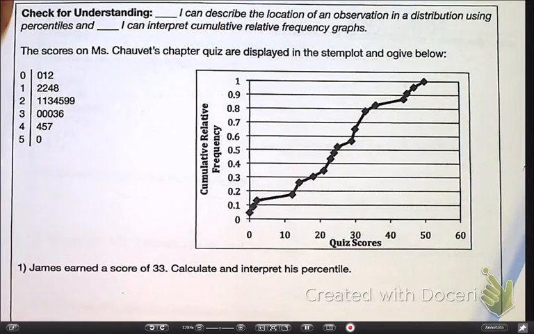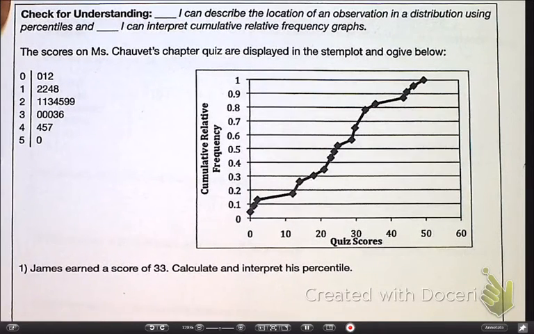Okay, so take a minute, jot things down, or just listen to me, whichever works for you. So let's look at this first one. He earns a score of 33. We want to calculate and interpret his percentile. Okay, so if he earns a 33,